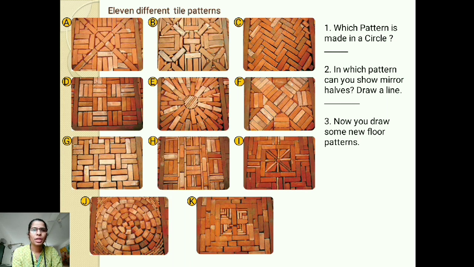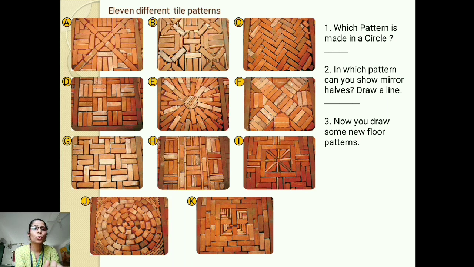Okay, but if I see in C pattern, if I keep it in the vertical way, can we see exactly the mirror half? No. Somewhere the brick may look small, somewhere the brick may look half, okay? So it cannot be exactly half. Similarly with D also. So there are certain brick patterns here, like we can also see the mirror half in H. If I make a line of symmetry in the middle of H, you can see that it looks exactly the mirror half of it. In I pattern also, you can see that it can be exactly the mirror half.